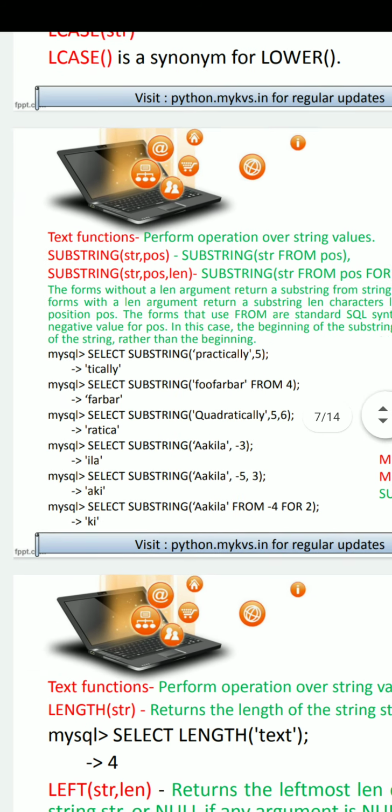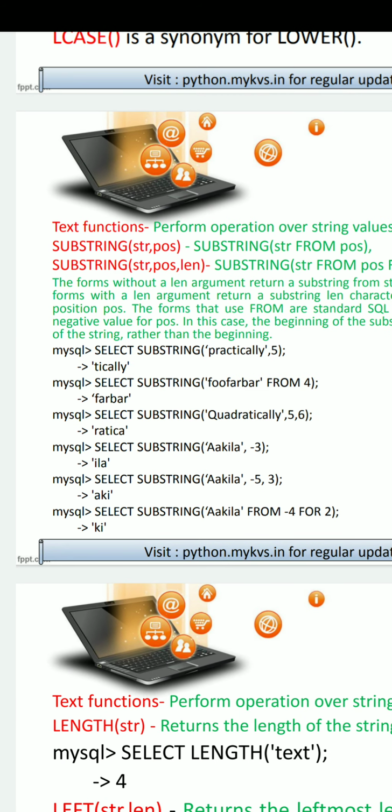So students, in this first example, select substring practically, then 5, from position 5. So P is at position 1, R at 2, A at 3, C at 4 and T at 5.